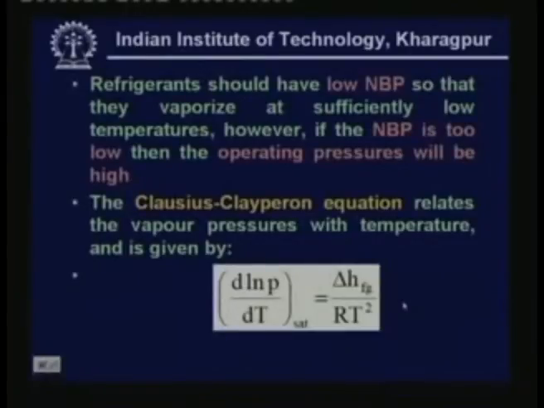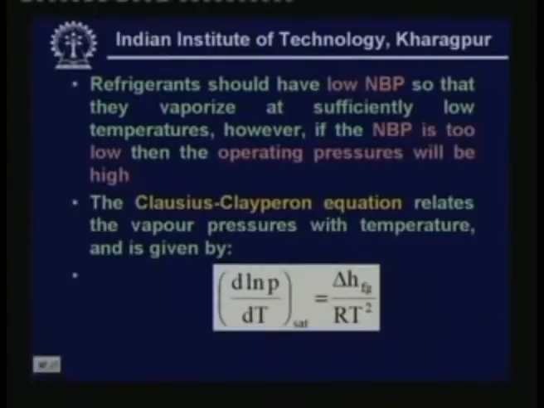Now, a refrigerant, as I said, should have a low normal boiling point so that it vaporizes at sufficiently low temperatures. As I said, if you want to produce low temperatures at reasonably high pressures, then the normal boiling point should be low. However, if the normal boiling point is very low, then the operating pressures will become very high. That means a normal boiling point should lie within a certain range for the fluid to be useful